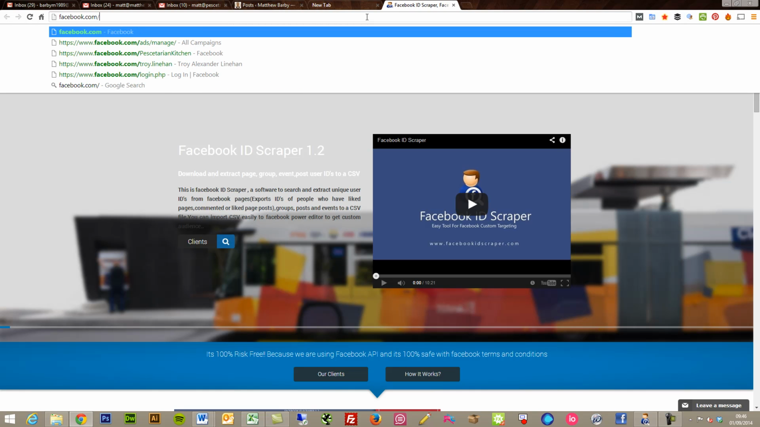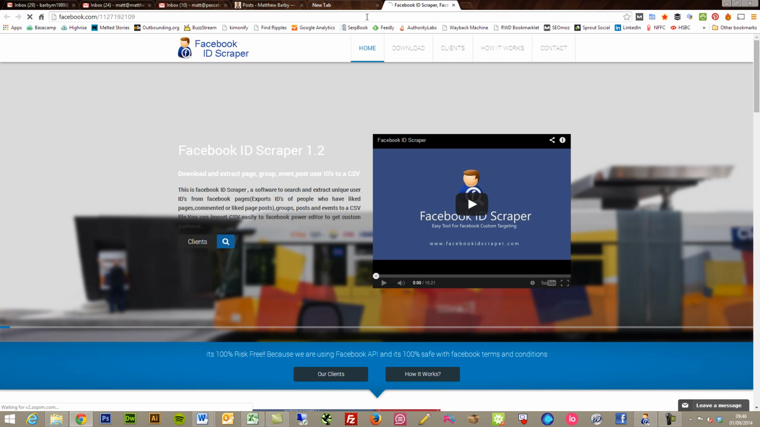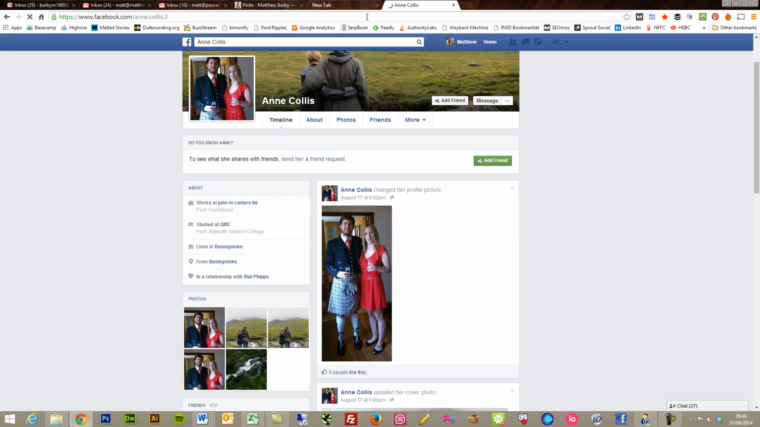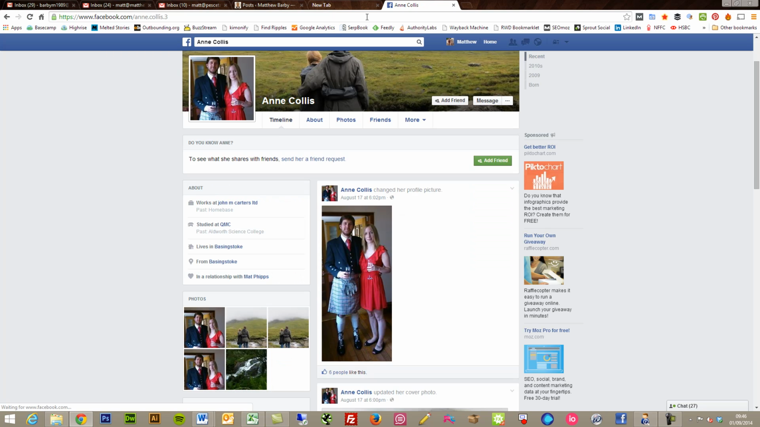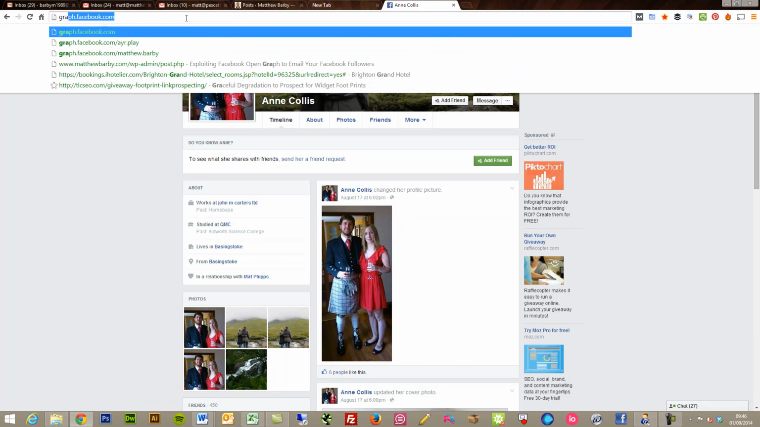facebook.com/, then I put the user ID, you'll see that actually this goes through to a real person, and it's replaced the user ID with their actual Facebook username. Now, if you want to have a look at the graph, you go to graph.facebook.com/,